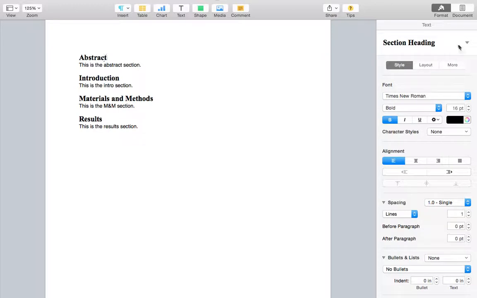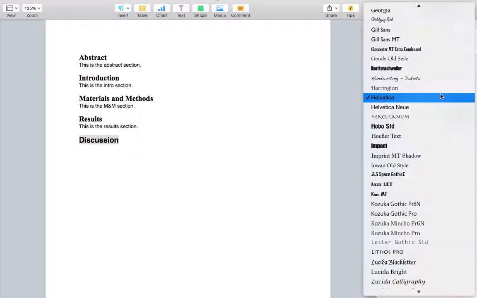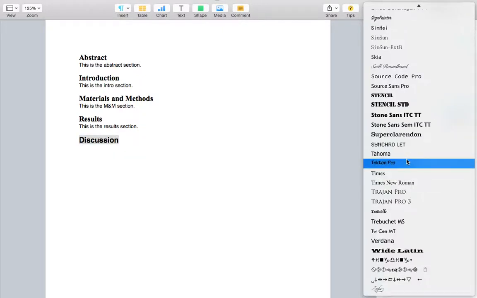Because essentially what we're saying is the style for section heading now is 16-point font. And since we had defined all of these as a section heading, they're going to all change to 16-point font. Now notice if I come down here and type in discussion and I change this to bold, change it to 16-point font, and change it to Times New Roman,